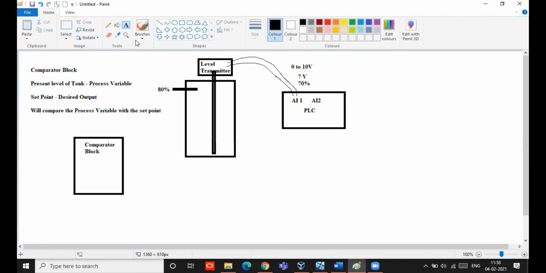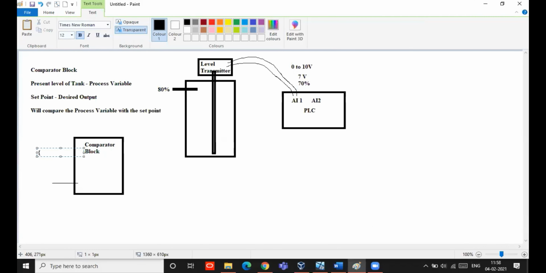This comparator block will have two different kinds of input. One input will be the process variable, which is nothing but the present level. And the other input is the set point.